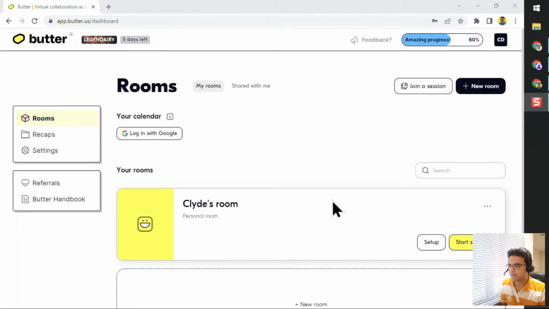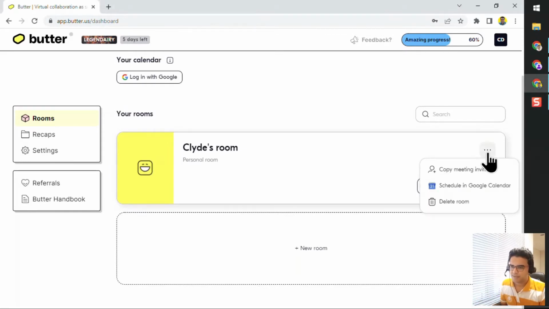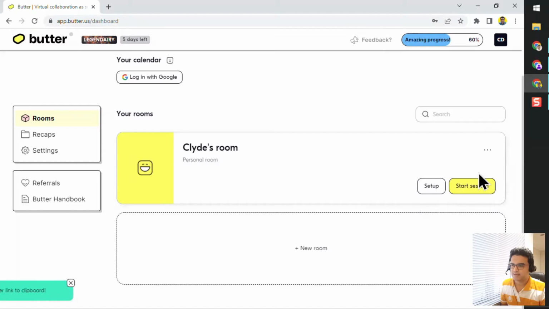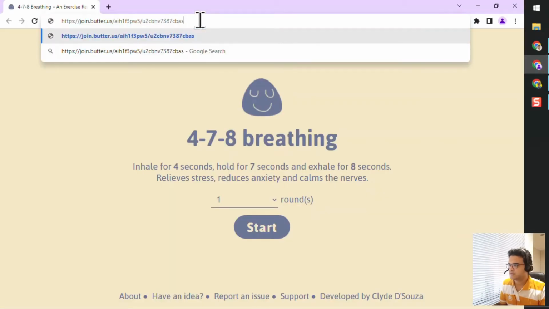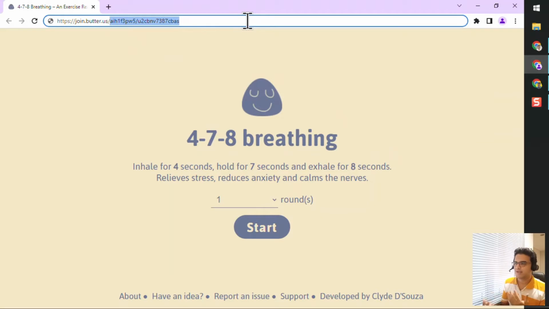Now on my screen right now I have a room created in Butter. If I copy the meeting invite link and then paste it in a browser, you can see that it is just a bunch of random characters and it is not very readable and not very memorizable as well. So what if I wanted to update this URL, this link, so that it's very easy for me to share